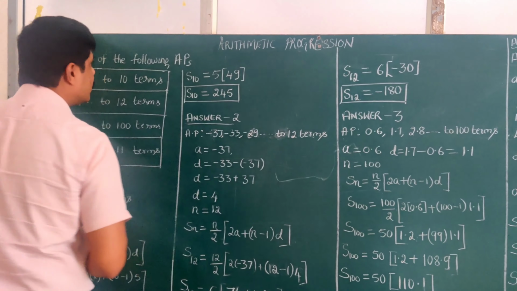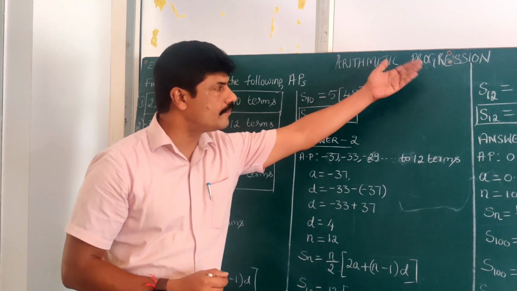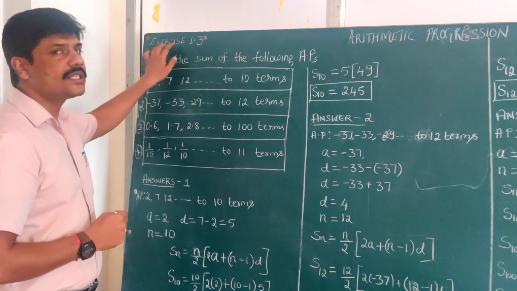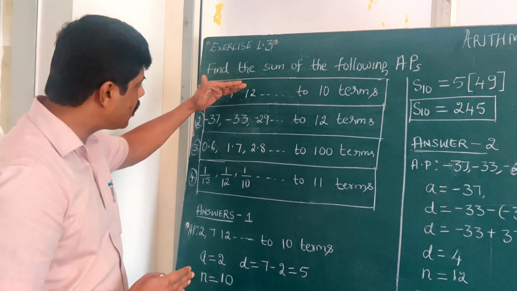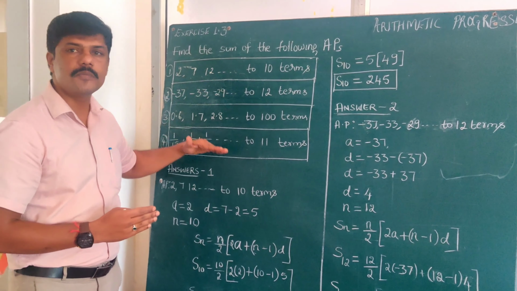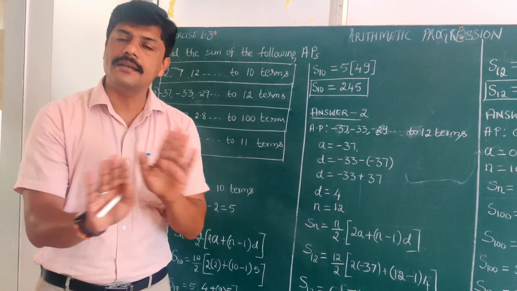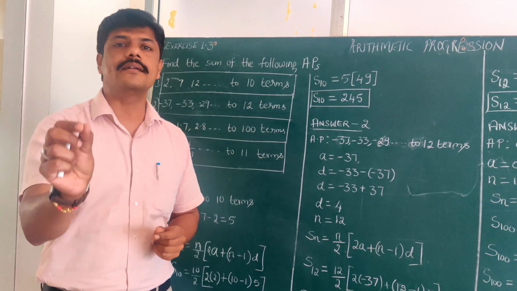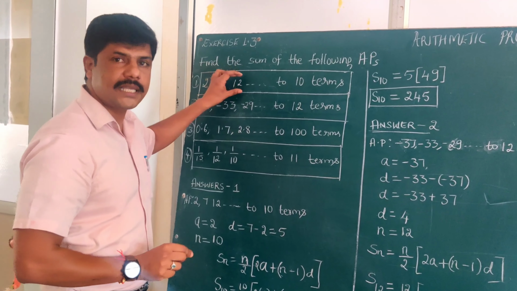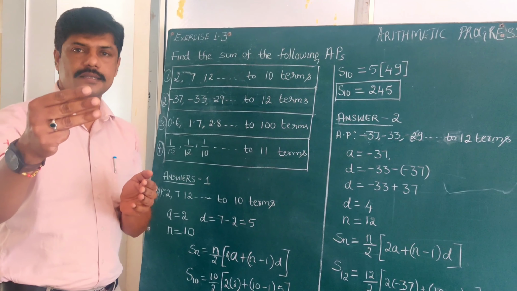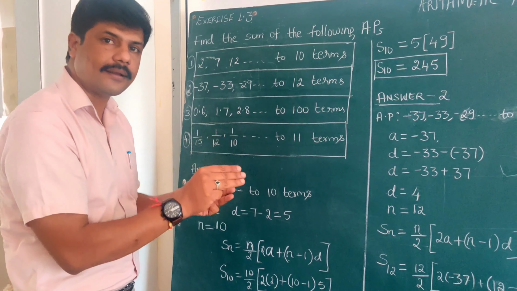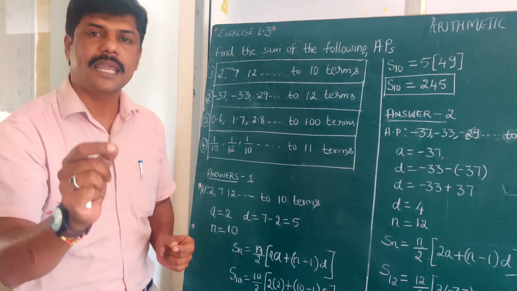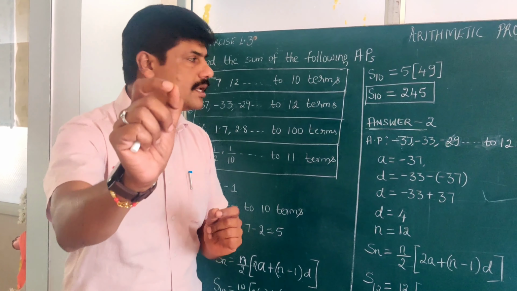With this, we will enter into the new topic of arithmetic progression, that is, to find the sum of n terms. Now with exercise 1.3, first main, we have got 4 problems. These 4 problems are so simple that they don't require any of your mental ability or reasoning, rational power, just direct substitution. So the problem is given where you have to collect 3 data. After substituting the 3 data, you will get the 4th data, that is Sn, the sum of n terms. It is a very easy process and an easy way of solving the problem.